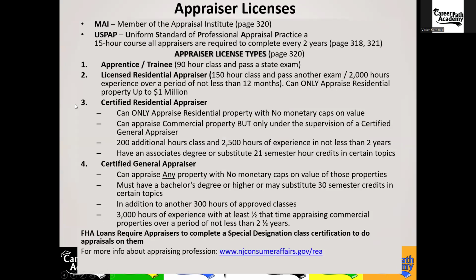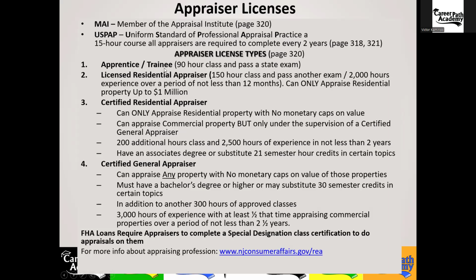All right, so here I summarized it onto one slide. Appraisers, MAI and USPAP, you need to know what those are for the exam. As long as you know that they have something to do with appraising, my understanding is you'll get the question right. I'm not sure how it's worded, but that's how it was explained to me. Realtors become members of NAR, appraisers become members of MAI, the Appraisal Institute. Realtors take the Realtor Code of Ethics training class. Appraisers take USPAP, the Uniform Standards of Professional Appraisal Practice class.